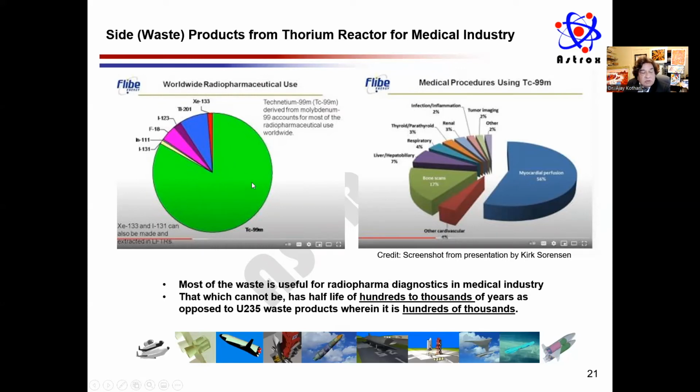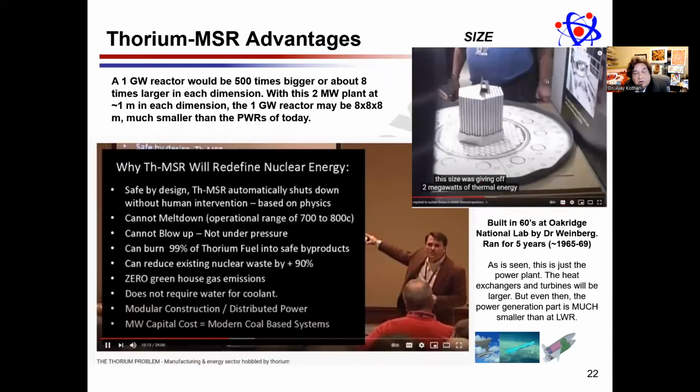Technetium is used 80% of the time. And here, what it is used for is various different diagnostics that are done with this. So this byproduct or waste product also is useful for other medical uses. All right, so now